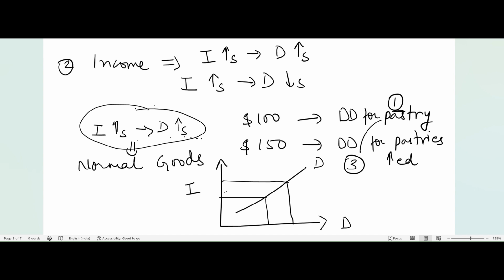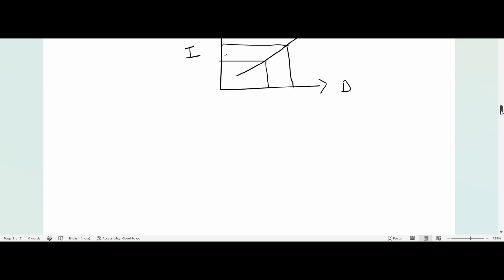So I'm repeating again, only goods for which, if your income increases, the demand for the goods also increases, only those goods are termed as normal goods. Okay, underlying the fact that the prices of the goods are constant over here. We are not touching the prices. Okay. However, if